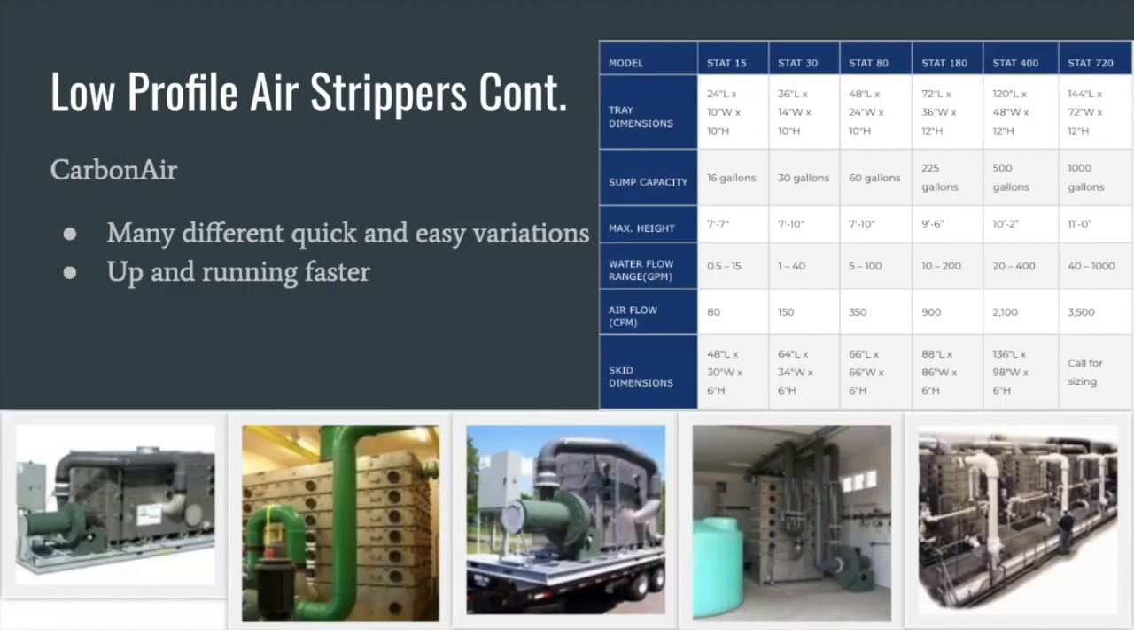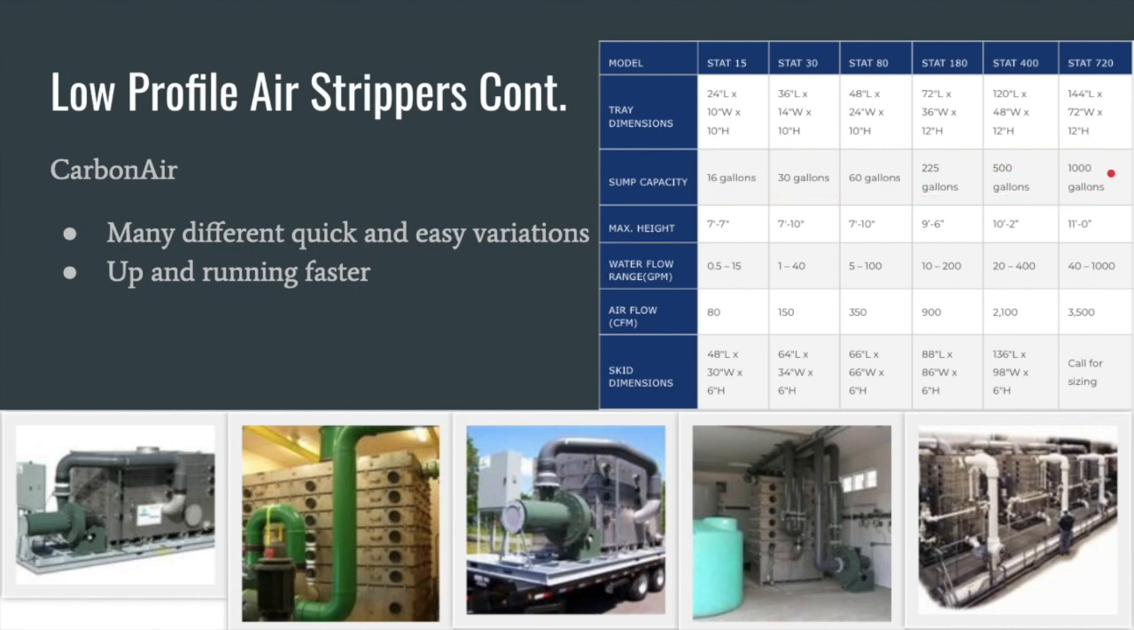Continuing on with low profile air strippers, a company found was Carbon Air. They make many different quick and easy variations, and this gets you up and running very quickly because, as I explained before, these are literally just clipped on these trays. So yes, they can be made custom for your application, but most of the time they can have a generic version. For example, they have these models right here, which vary from a 16-gallon capacity all the way up to